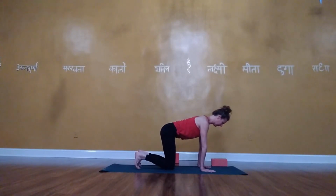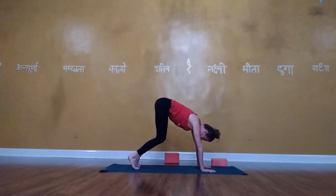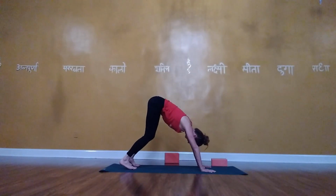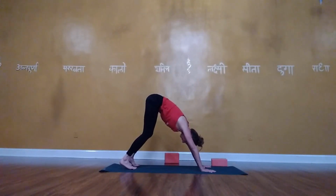Curl the toes under, keeping the weight in the hands. Lift the knees and lift the hips up. Now, equalize the weight between your hands and feet. So the hips are the apex of the pose, and there is equal weight in your hands and feet. There is buoyancy in the knees for down dog, and there's lift underneath the armpits, and the front ribs are